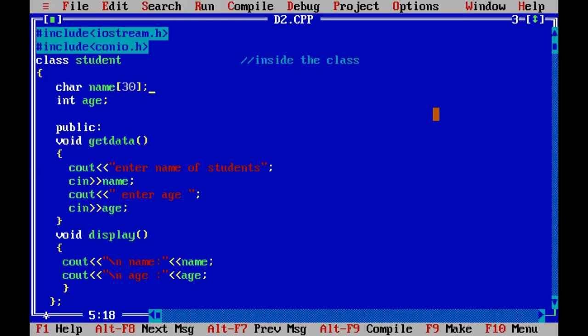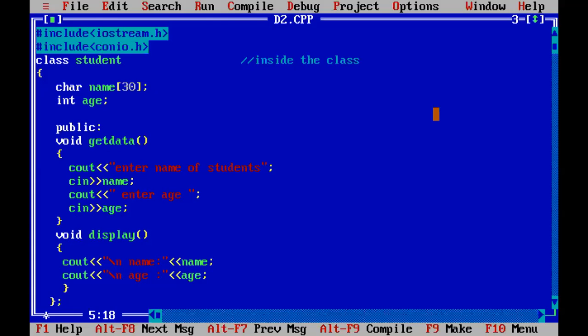Now I have two variables. The first one is used to declare the name, so I'm taking char name. The second one is used to display the age, so I am taking age here. One more thing we should always practice is that whenever we write any name as a character, we should give some value also here, so that it can take some value. So I'll write some value like 30 here.